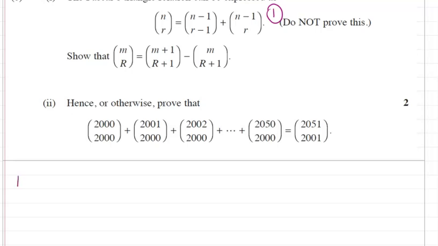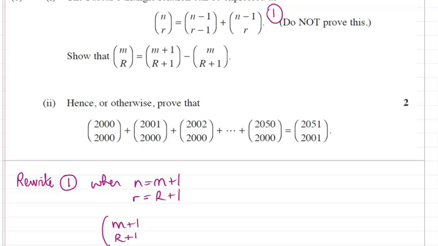So let's rewrite equation 1 where instead of n, I'm going to write m plus 1, and instead of little r, I'm going to write capital R plus 1. So the left-hand side is m plus 1 choose R plus 1, and then